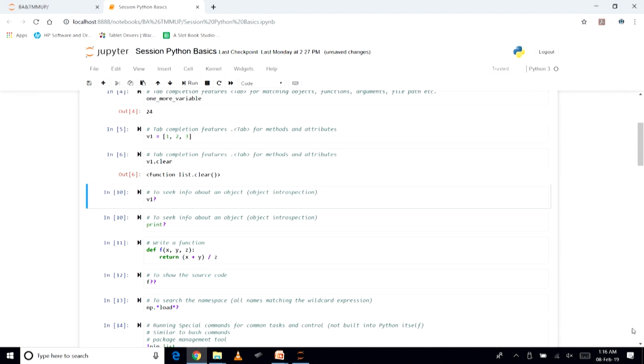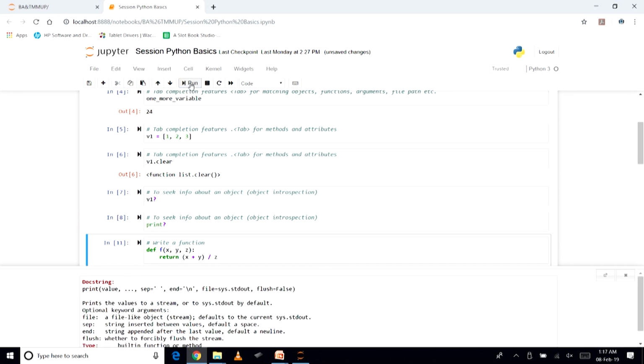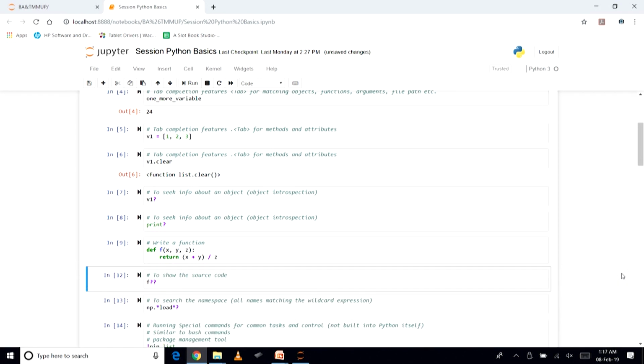Then, to seek info about an object, we use the question mark operator. This we have gone through in the previous lecture. I am just running through this, and writing a function. We will do more about this later, but to familiarize you, let us go through whatever we discussed in the previous lecture.